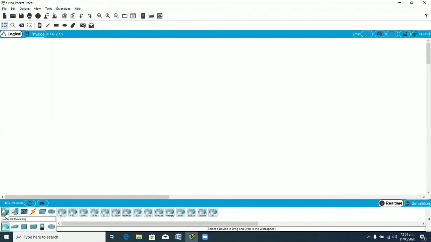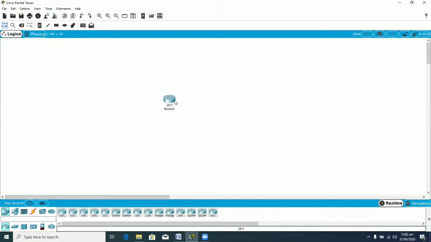So I have gone to the networking devices, and in networking devices, in the subdivision, you have the routers, then these are the switches, and these are the hubs and wireless devices, then the firewalls are there, and then the WAN emulation. So basically I'm taking up a simple router, that is the 2811. 2811 router is an ISR Cisco router, and ISR stands for Integrated Services Router. So basically I will be configuring this router, and after dragging it in the working area of the Packet Tracer,